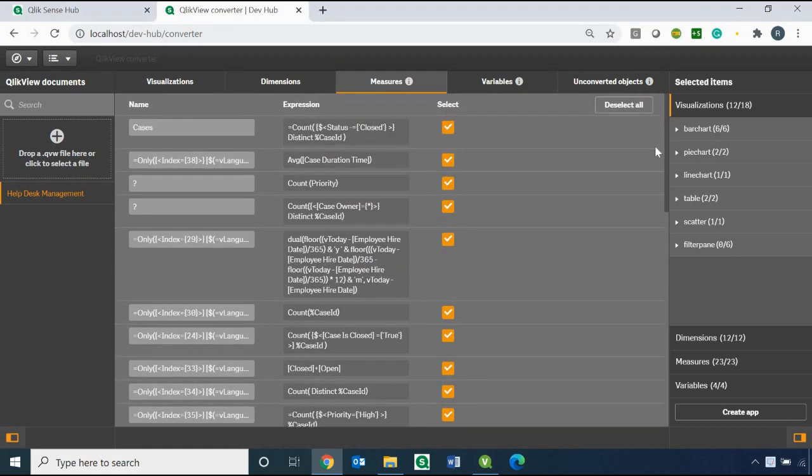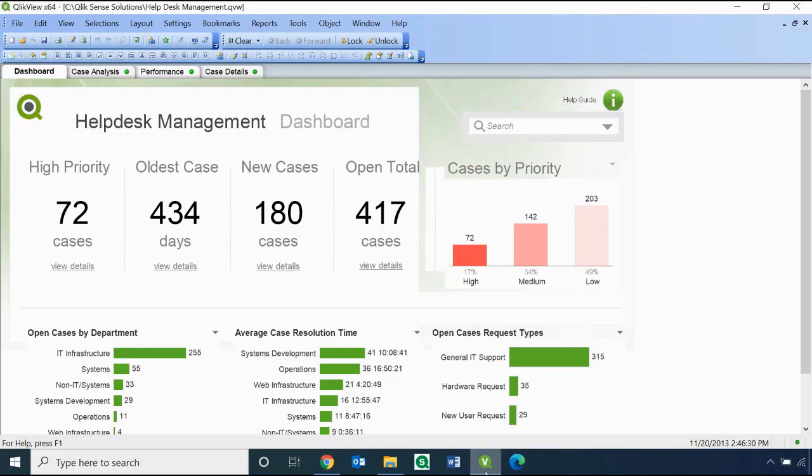But one thing to note here is that the QlikView converter will not be picking up the expressions which you have written in the text box. Now what I mean by that? If I take you back to the QlikView dashboard, I told you that these are the KPIs, but in QlikView we do not have any object specially for KPIs. So what we do is we create a text box, and using those text boxes we show the measure KPI.